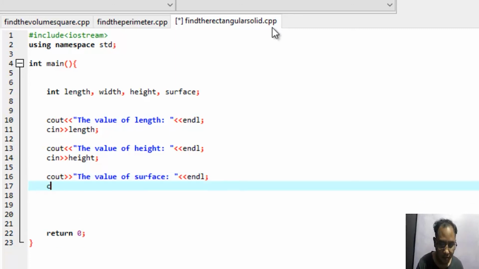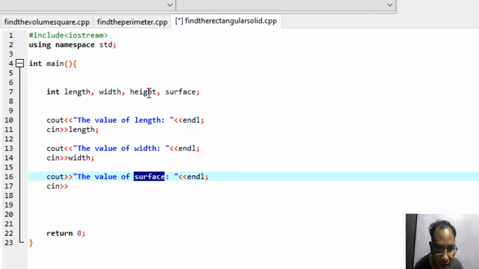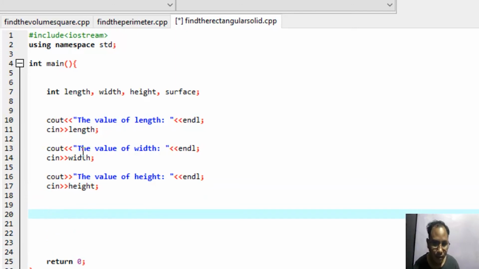So dito height, I mean width, ano ba? Find the height, mali pala ta. Find the width dito. So width. So height dito. Yan. So the formula, which is the surface. So surface